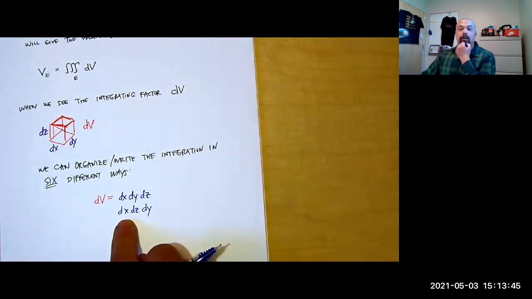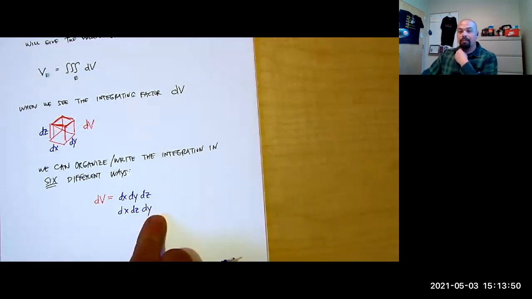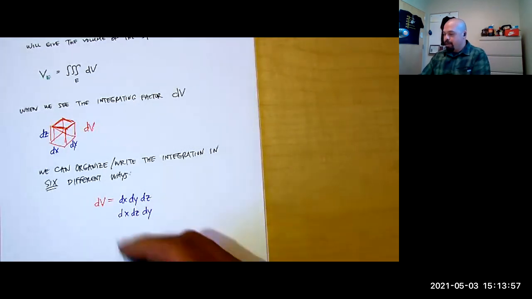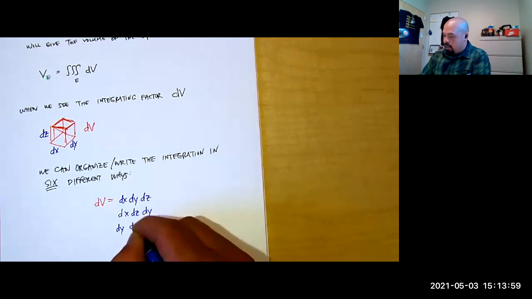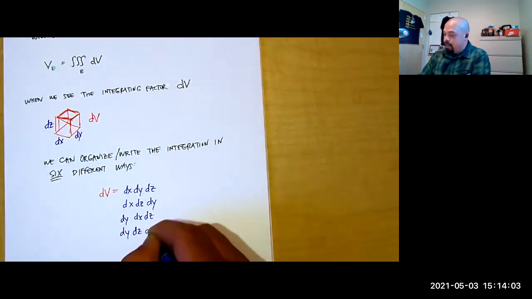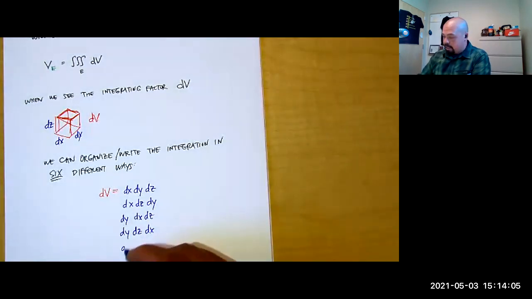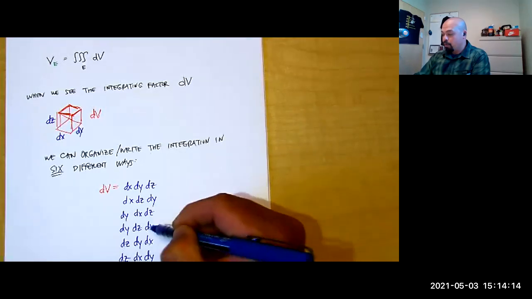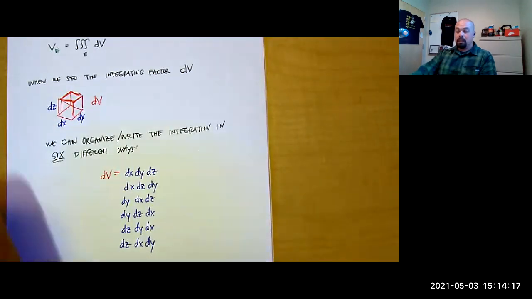Because depending on which variable we're going to integrate with respect to first, the other two outer integrating factors, right, will be held constant while we let x change, x vary. Or we can do, right, dy, dx, dz, dy, dz, dx, and lastly dz, dy, dx, dz, dx, dy, right? So there's going to be 1, 2, 3, 4, 5, 6 total different ways we can